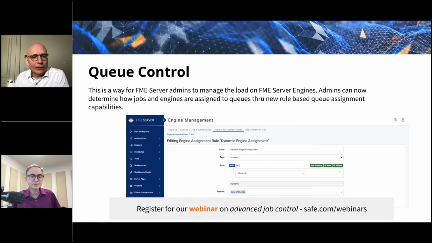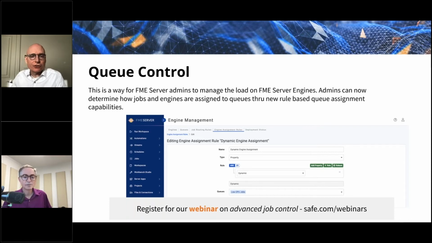Absolutely. And so how have we used this? We've used this to define a thing called queue control, where now you can assign jobs to various queues based on the job metrics. You might be an organization that has 8 machines with 8 engines on each, and you wouldn't want all the large jobs to randomly end up on one machine. So you could dedicate one engine on each machine for large jobs, and then have them do a queue.